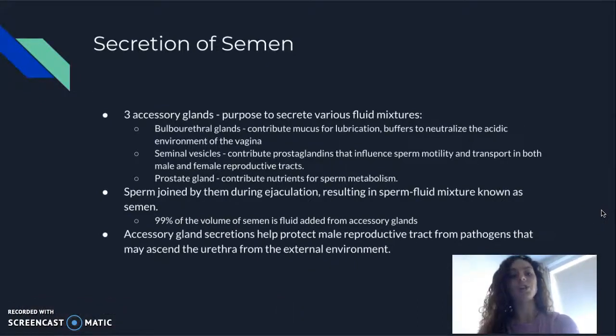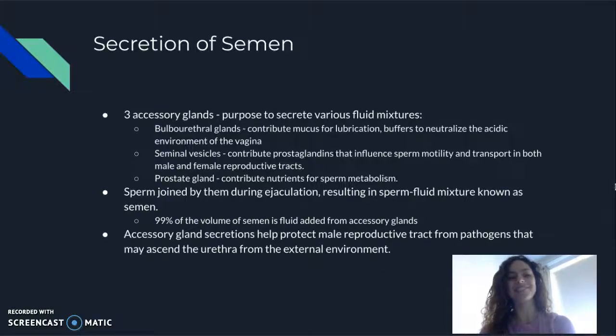So now we're going to talk about the secretion of semen. There are 3 accessory glands which have the purpose to secrete various fluid mixtures. There's the bulbourethral glands, which contribute mucus for lubrication and buffers to neutralize the acidic environment of the vagina. And then there's the seminal vesicles, which contribute prostaglandins that influence sperm motility and transport in both male and female reproductive tracts. And then there's the prostate gland, which contributes nutrients